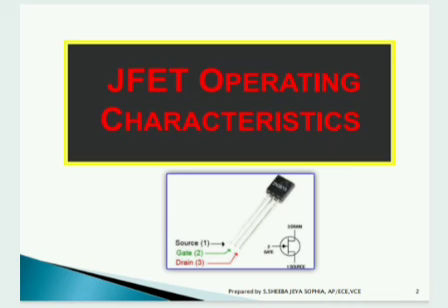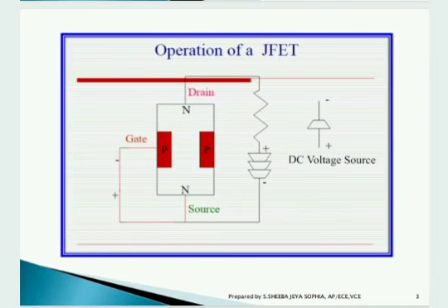Of course, in our last session itself we discussed a lot about what is meant by JFET and what the types are, such as N-channel and P-channel JFET, and its working principle. So, FET has three terminals as we have seen: source, gate and drain. Moving to the operation of a JFET, when we give a DC voltage source, this voltage source controls the flow of current, and so FET is said to be a voltage controlled device.